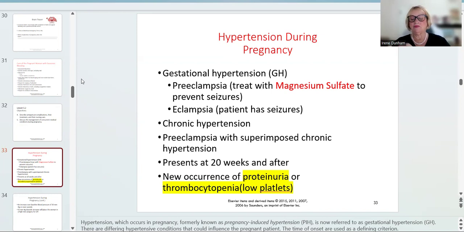The EL stands for elevated liver enzymes, and the LP stands for low platelets. Let me tell you, that's a really sick patient, a patient that has HELLP syndrome. All right, now,